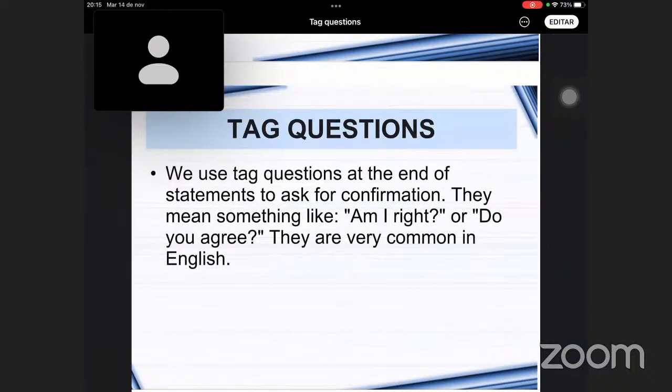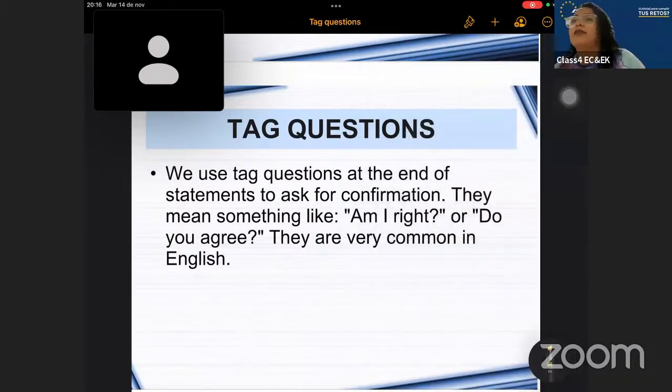Tag questions. We use tag questions at the end of statements to ask for confirmation. They mean something like "Am I right?" or "Do you agree?" They are very common in English. Thank you so much. Okay, now, in general, we can say tag questions are mini questions at the end of